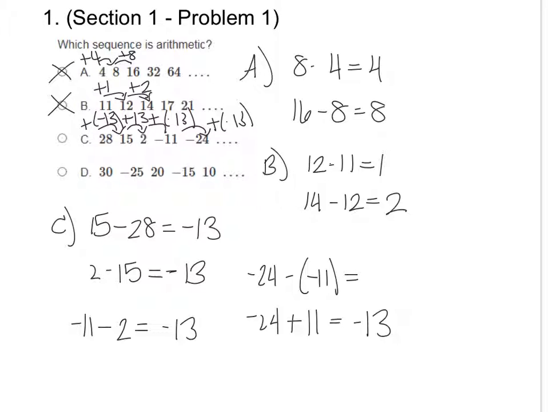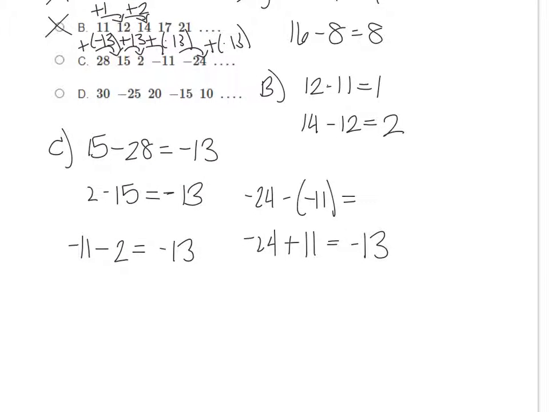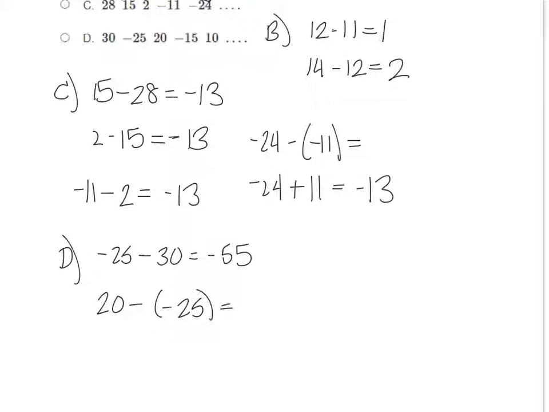But I'm still going to check the last one, letter D, because maybe there are 2 correct answers, or maybe I made a mistake on C. So in D, I'm going to subtract term 2, which is negative 25, and I'm going to subtract the term before it, and I get negative 55. So I'm adding a negative 55. I'll take the third term, which is 20, subtract the term before it, which is a negative 25. I can rewrite that as an addition problem, so that would be 20 plus 25, which is